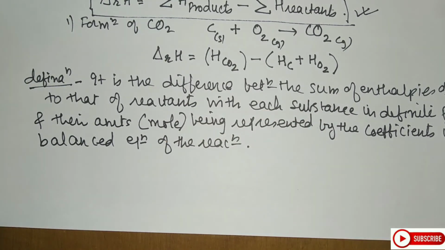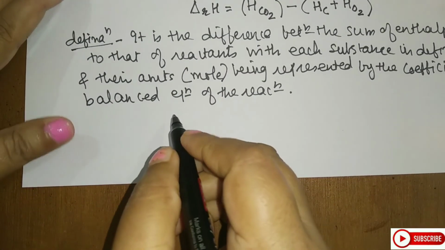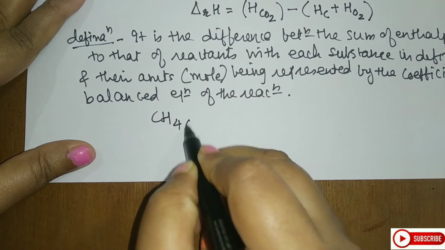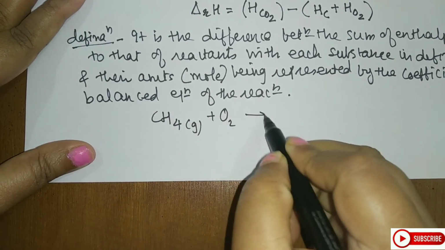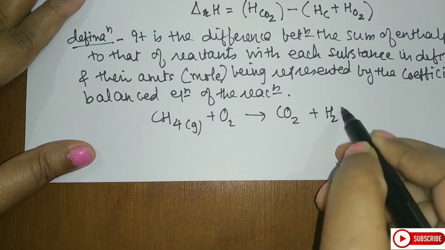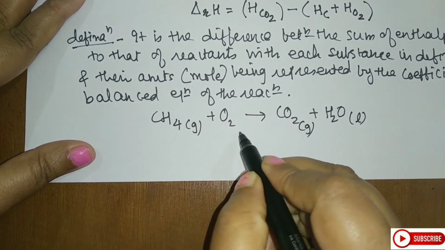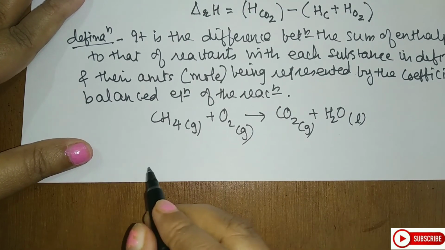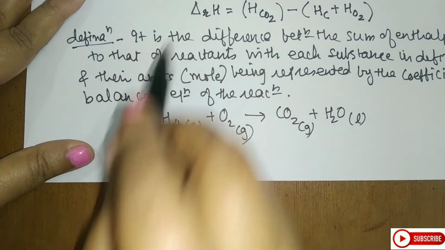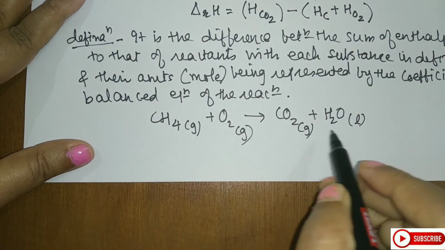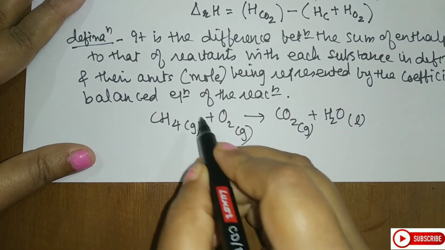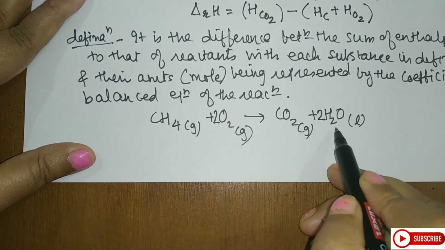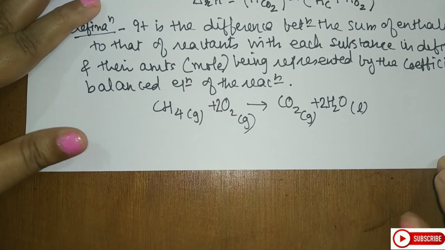Let us take one more example here. The simple example you can have is the combustion of methane. So combustion of methane: CH4 plus O2 gives carbon dioxide plus water. Now why did I select this example? So that we can balance this and then you can write the particular calculation in the form of the equation. So let us balance the equation. After balancing the equation, you will get 2 here and 2 here. 1 carbon, 4 hydrogen and 4 oxygen. So this equation is balanced.